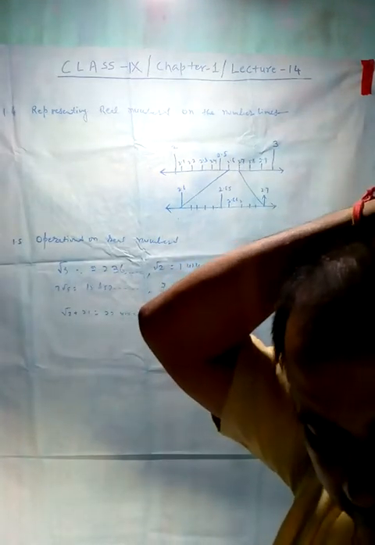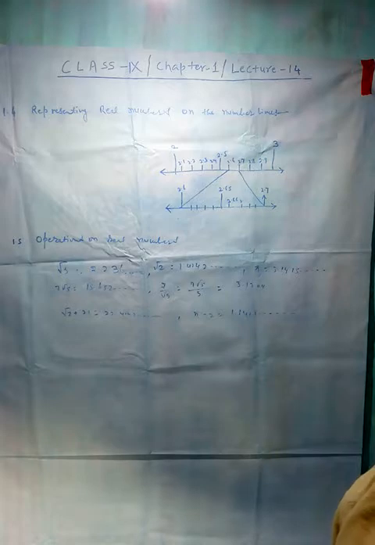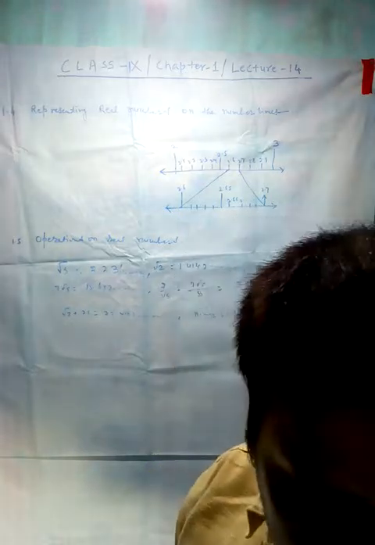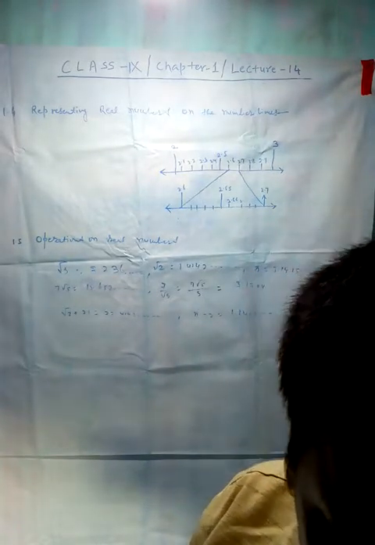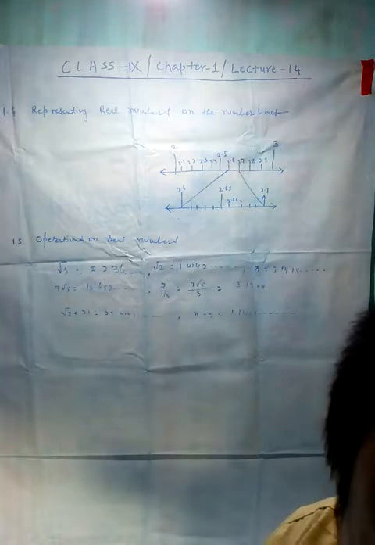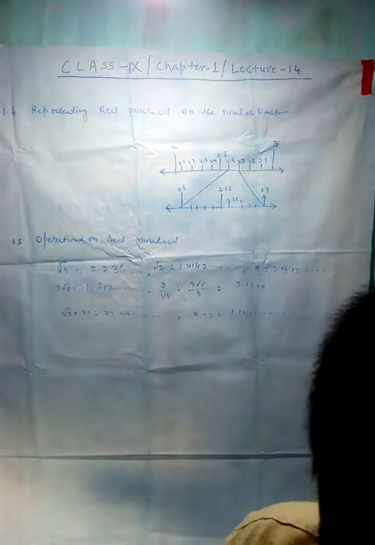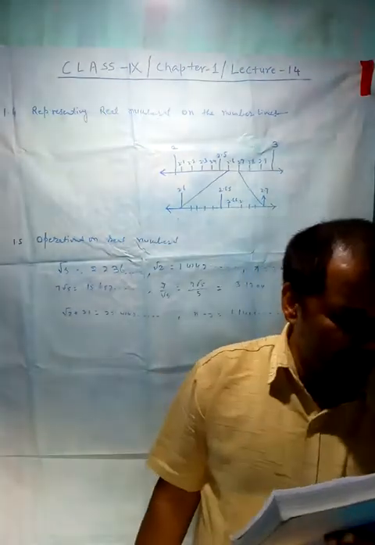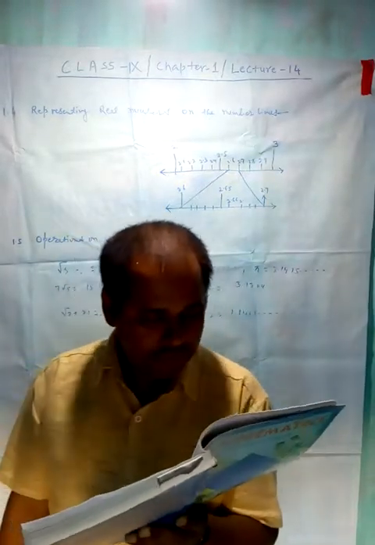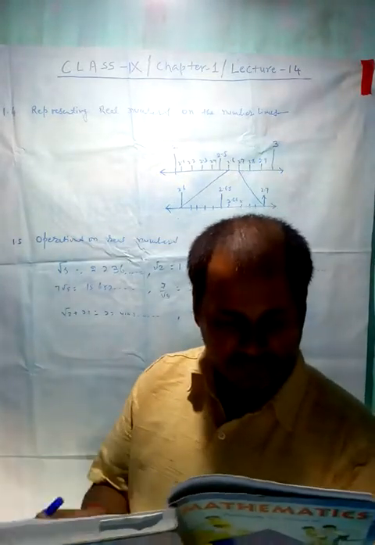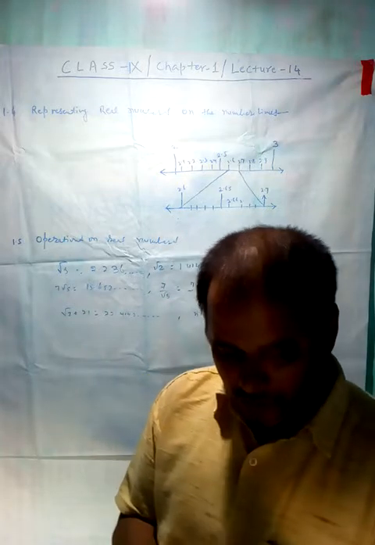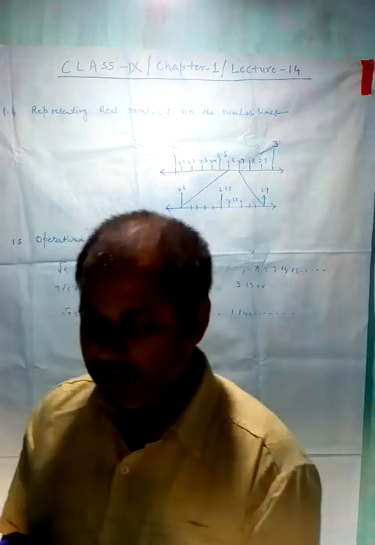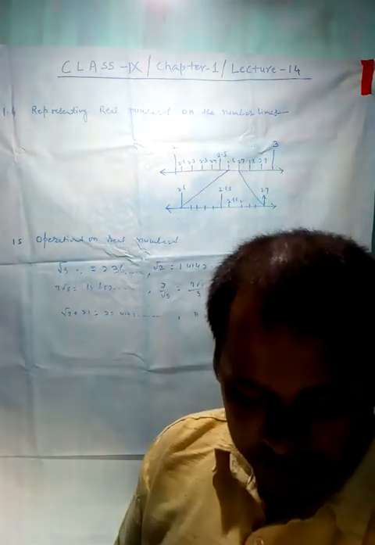It turns out that irrational numbers also satisfy the commutative, associative and distributive laws for addition and multiplication. However, the sum, difference, quotients and products of irrational numbers are not always irrational. For example, root 6 plus (minus root 6), root 2 into root 2, root 3 into root 3 and root 17 by root 17 are rationals.